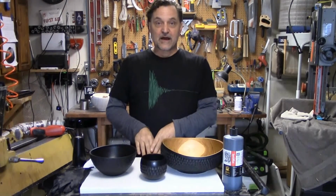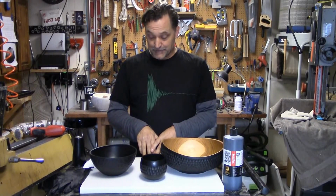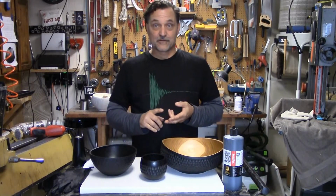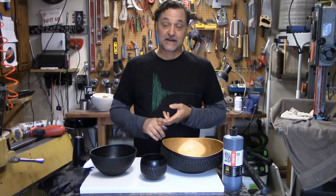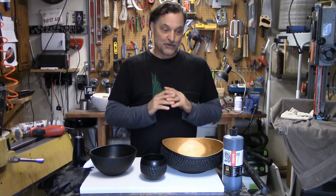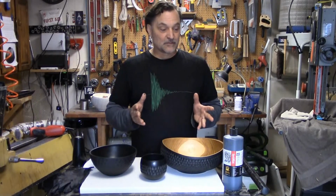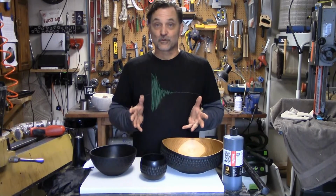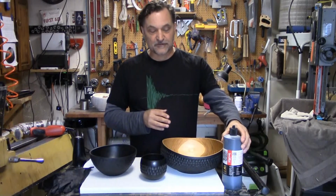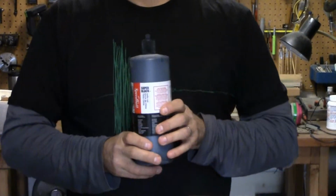So the third way to ebonize wood is actually my favorite. It's my preferred way of doing it. That's not to say that I haven't done the fire and the iron acetate many times, and there are places for that. But if you want just kind of a no-brainer, carefree, way less messy, way more predictable way, working on any species of wood, I find that India ink, especially the Speedball Super Black India ink,